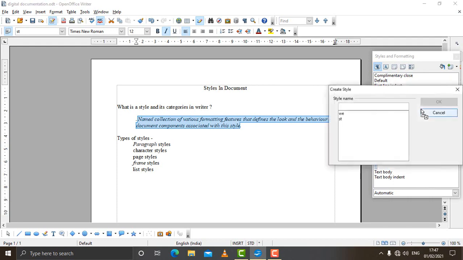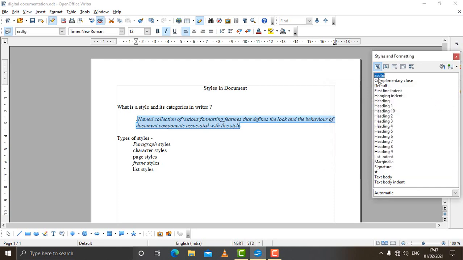As you release it, the same dialog box will come which will ask to save the name. Give a new name, say for example the new name is ASTFG, and click on OK. And you can see here a new name comes up. This new name is the name of the style of this selected content which I have just dragged and dropped